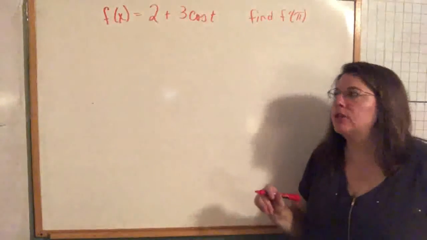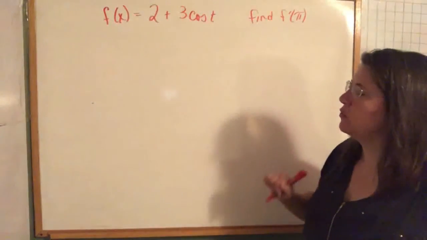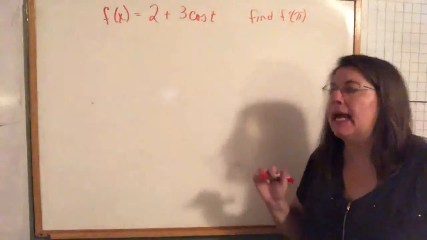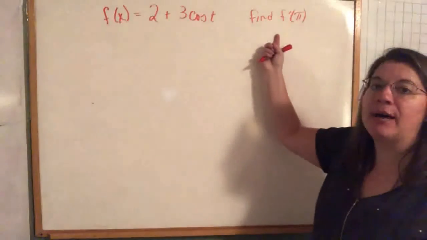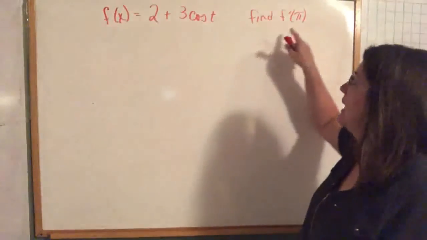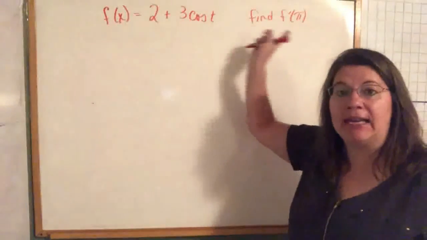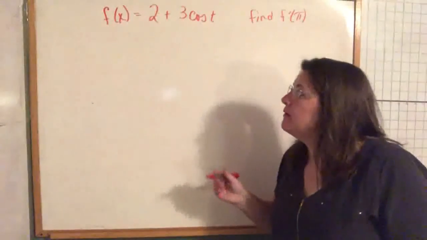Here's an application of taking the derivative of a trig function. They're giving you f of x equals 2 plus 3 cosine t, and then they want you to find f prime of pi. So they basically want you to find the slope of the tangent line for f at pi, or the slope of the tangent line of f at x equals pi. So if you take the derivative,